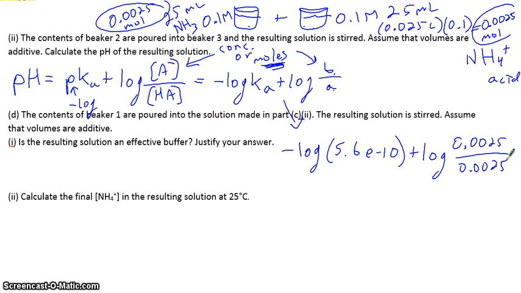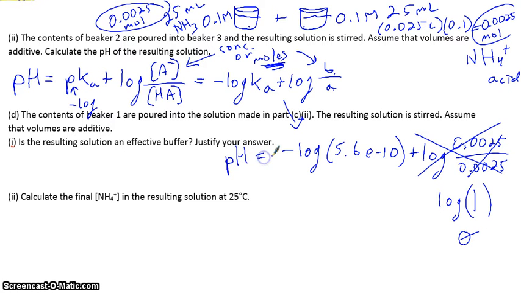Now, you'll realize that these two numbers are the same, so this comes out to be 1. The log of 1, recall, is 0. But this whole part drops out, and it turns out that your pH is going to be the same as your negative log of your acid, which comes out to be